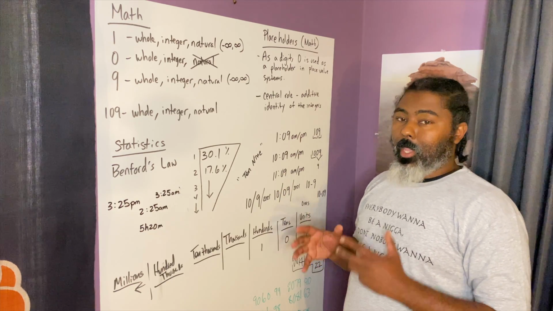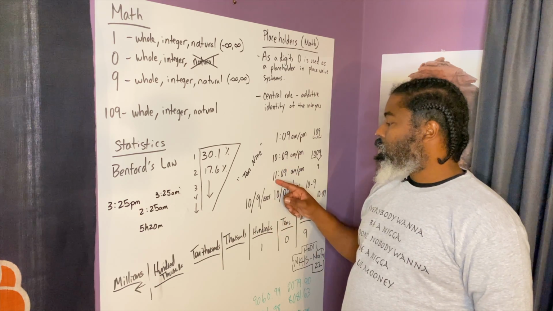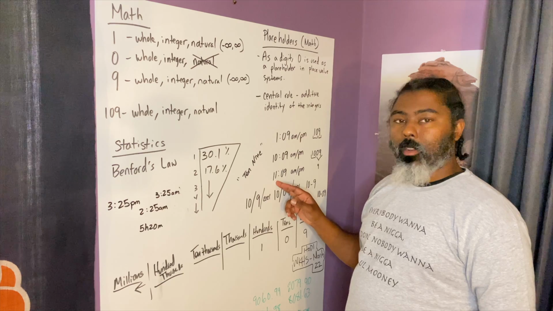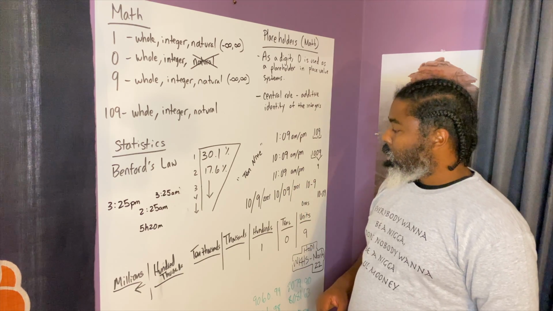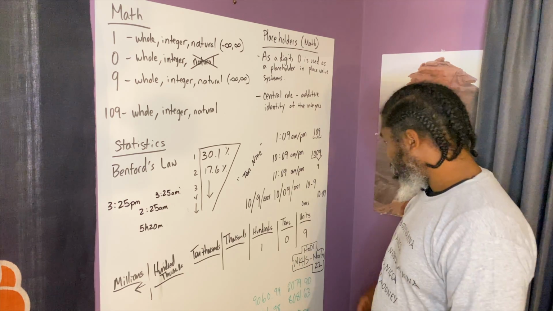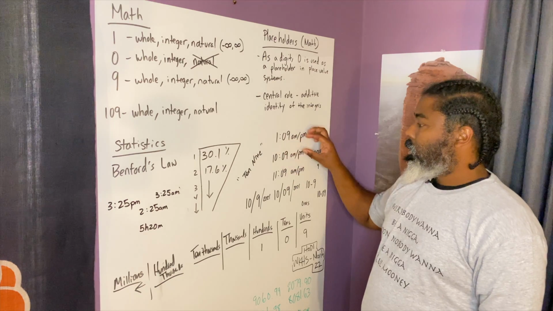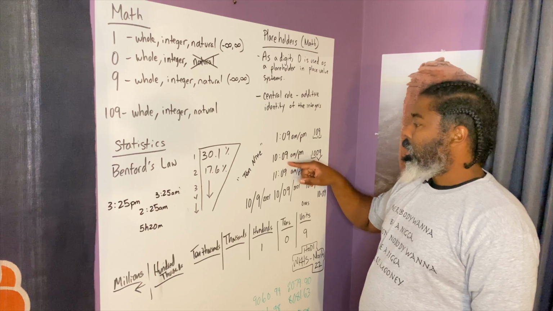All right, if I look at the clock at 11:09 a.m. or p.m., I will still see 1, 0, and 9 right there. 11:09, 1, 0, and 9. Okay. All right. Now, so that covers the time,